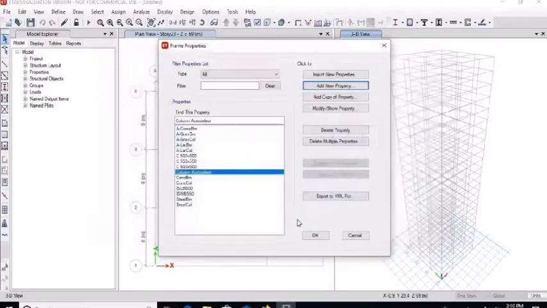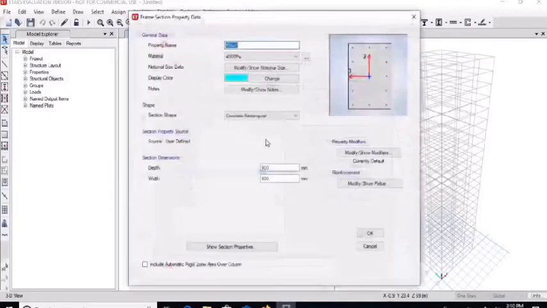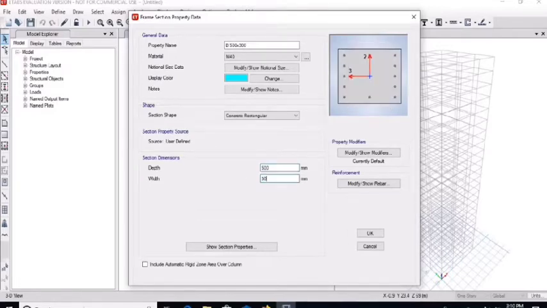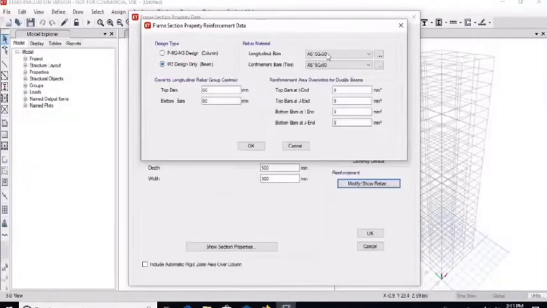Again add new properties for beam sections as 500 by 300, concrete grade of M40. Then modify or show rebar properties, M3. Change cover to 25 mm for beams.